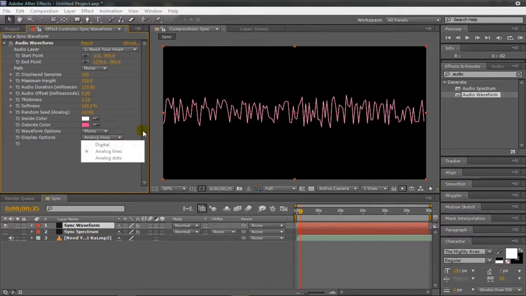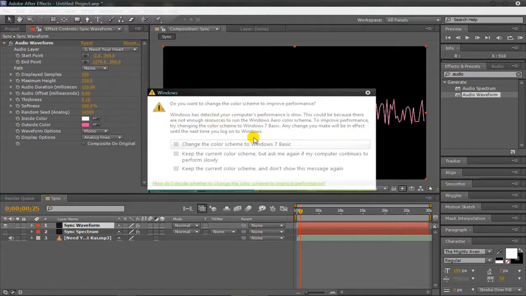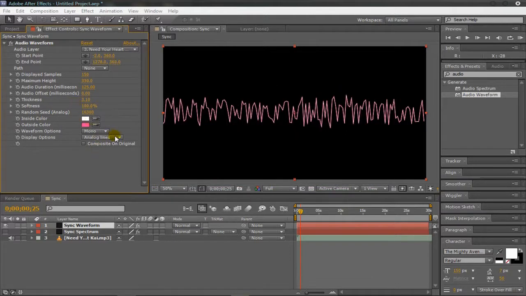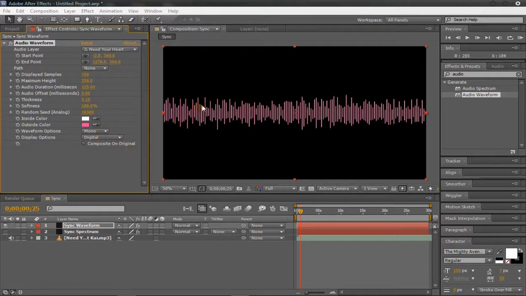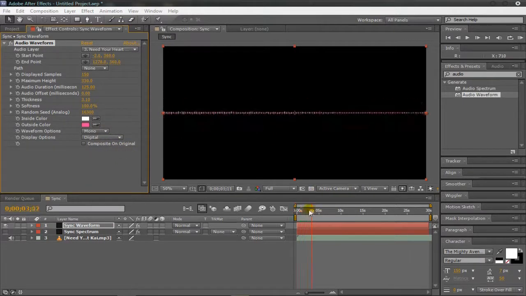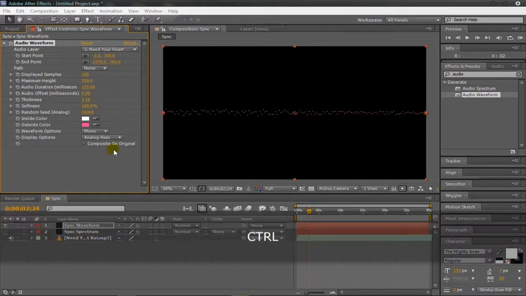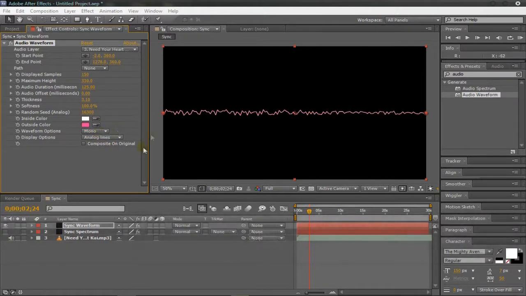And your display option is whether this is... Whoa. No, I will keep that like that. The display options is whether it's displayed as lines, the waveform, or digital is lines. Analog lines is what we just had, and analog dots is like lines, but it's represented by dots. And composite on original is, if you noticed, the original solid was a bit lighter than this black,